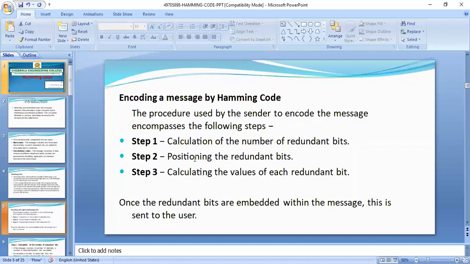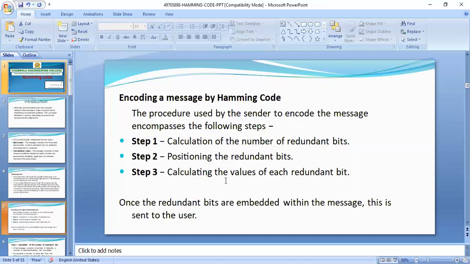In step 2, positioning of the parity bits: in which positions we have to place those parity bits. In the third step, we have to calculate the value of each parity bit.